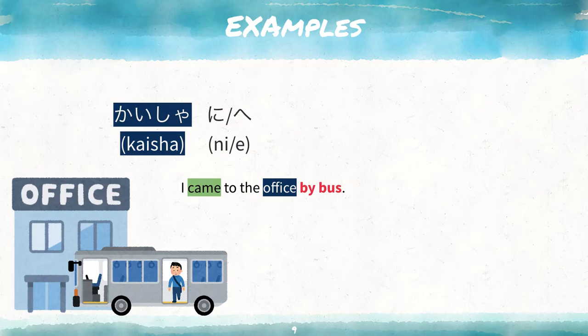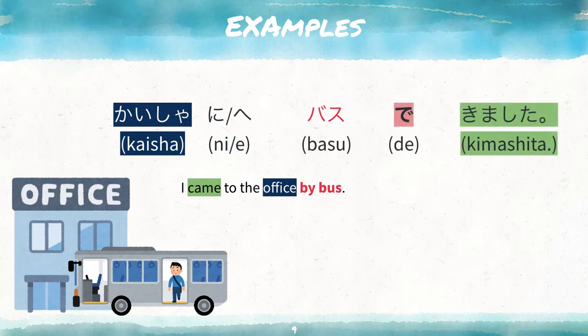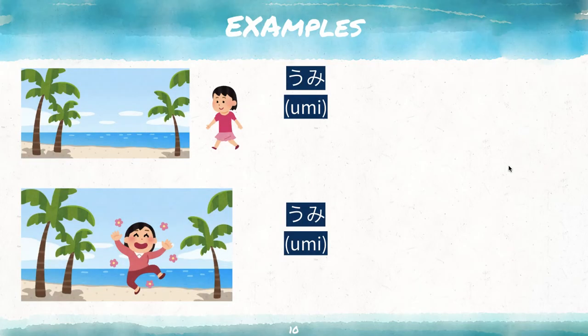If I wanted to say this in Japanese, it would be 会社にバスで来ました。So this is a little different from the last example. We used "came," so it would be 来ました, which is the past tense of come. 会社にバスで来ました。